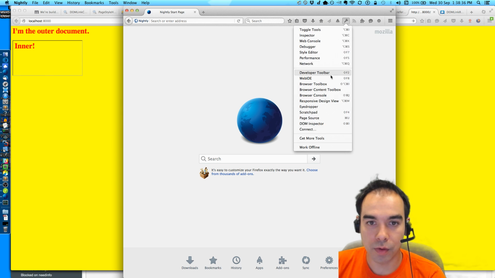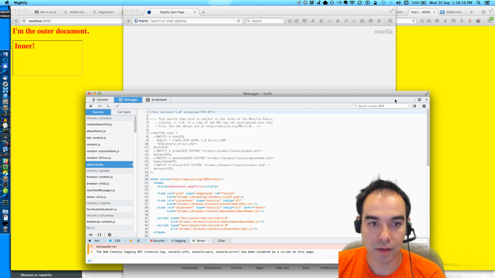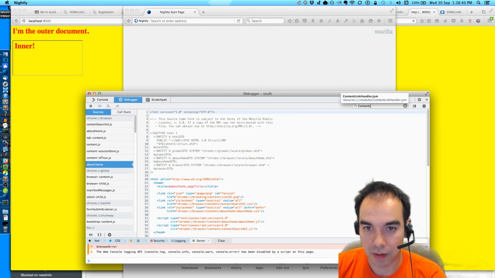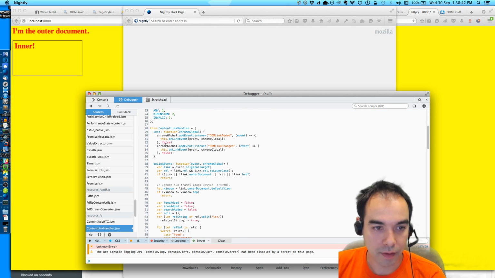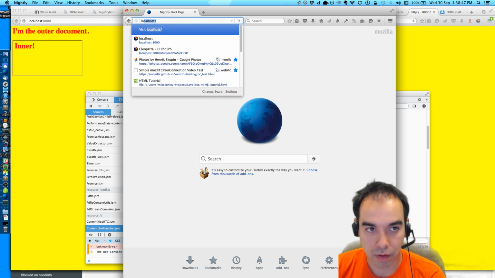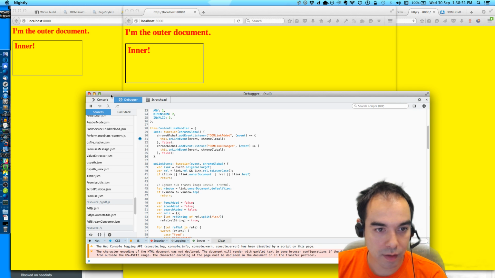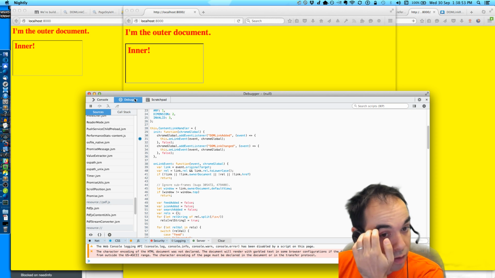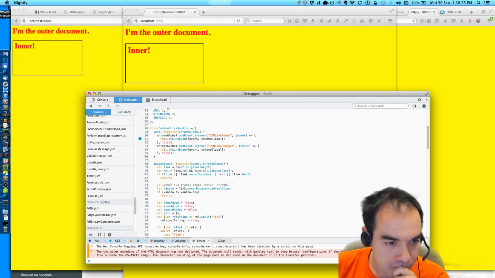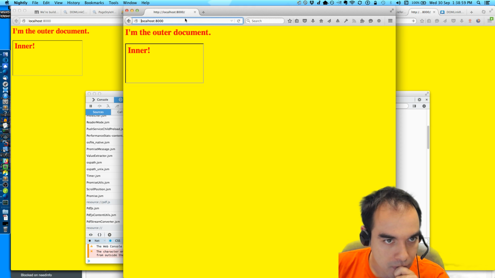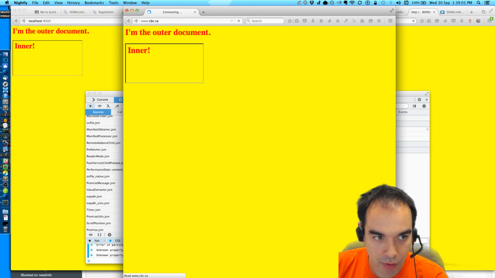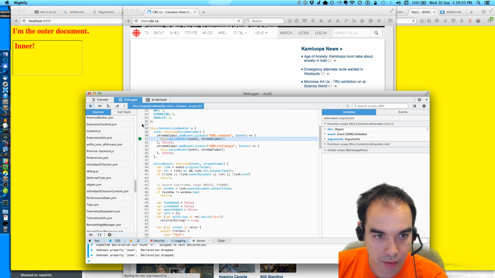And new content toolbox. Content link handler. DOM link added. So, did I hit it? No, I did not. And yet, if I were to go to some other page, I do hit it.